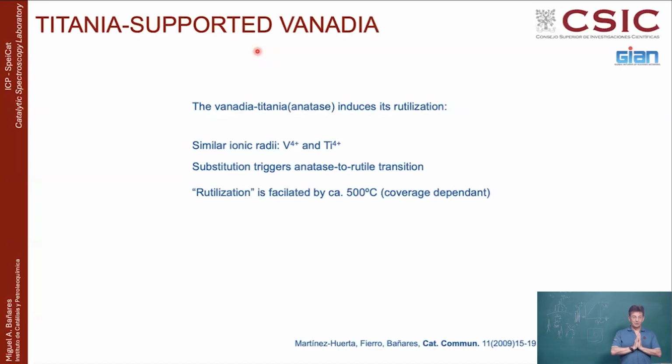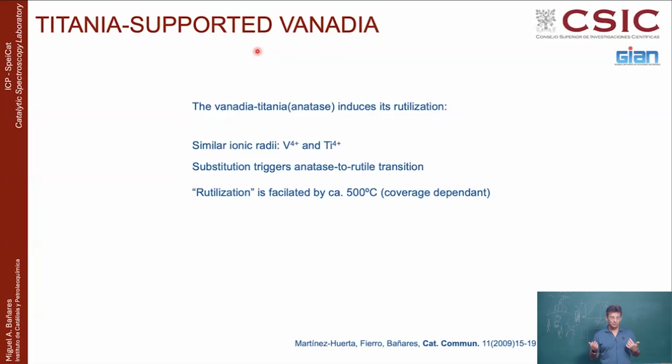Vanadium titania has a problem. Typically we are using titania anatase. Vanadium titania catalysts sometimes deactivate because they go into the rutile phase. You know the crystalline phases of titanium oxide: anatase, rutile, brookite. To go from anatase to rutile, you need more than 1000 degrees. However, these vanadium titania catalysts deactivate into the rutile phase at about 600 degrees, way before you should have the anatase